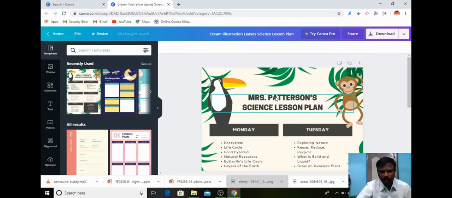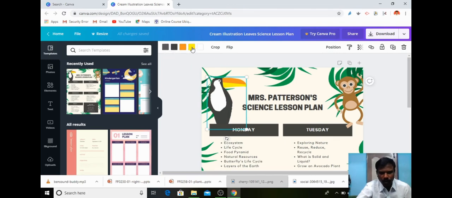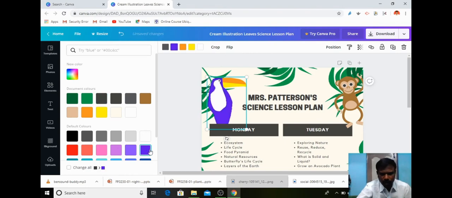Now I can modify. For example, all the components in the particular design can be modified or replaced with another one. Suppose I don't need this color, for example, if I select this one, there are 4 colors in this particular graphic. So instead of this black one, I can use a blue one, so it will be changed into blue, or I can use some other color. If I need black, then black. Instead of white, I can replace it with some other color.